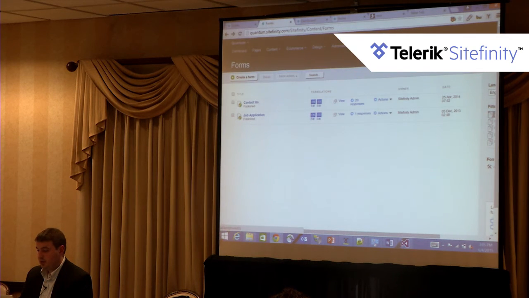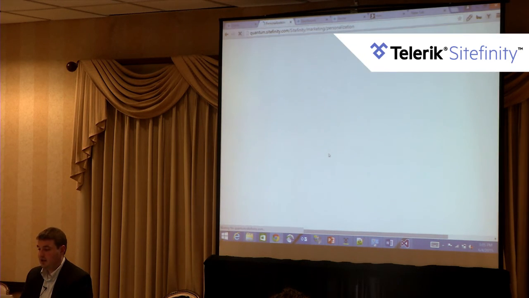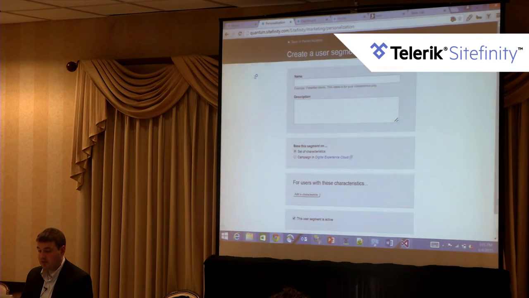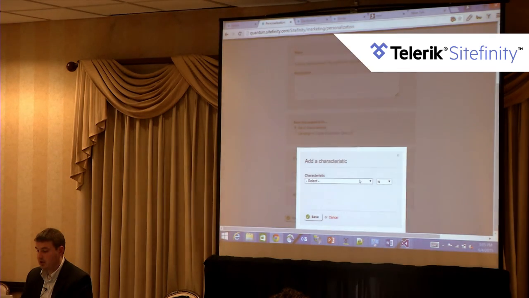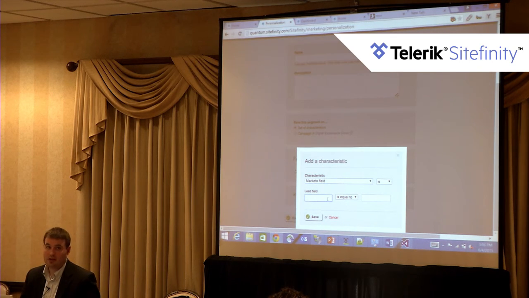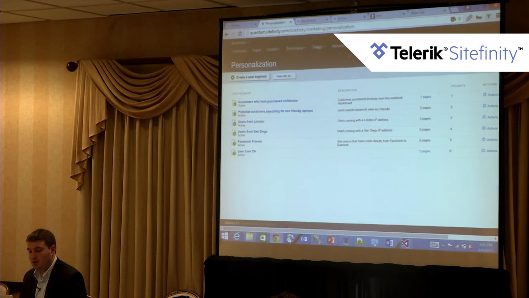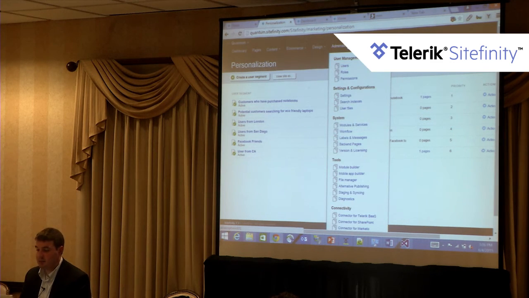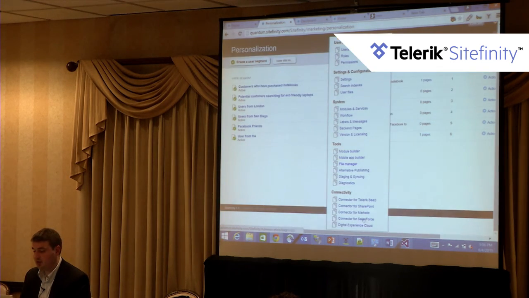The other thing is, of course, within our personalization area, just the idea that we can base user segments on characteristics coming in from Marketo, including lead score and Marketo lead fields. So because we're allowing you to type this in directly, these can be, of course, custom Marketo fields, so it doesn't have to be stuff that's out of the box. And we can do things like contains as opposed to strict matching. So that's ultimately the Marketo connector. It's set up, you're basically just putting in your Marketo credentials so that we can connect via the web services